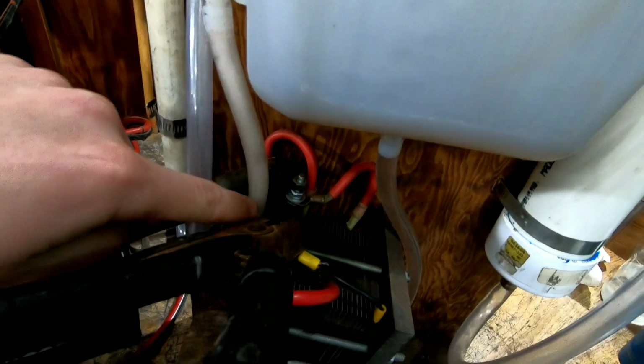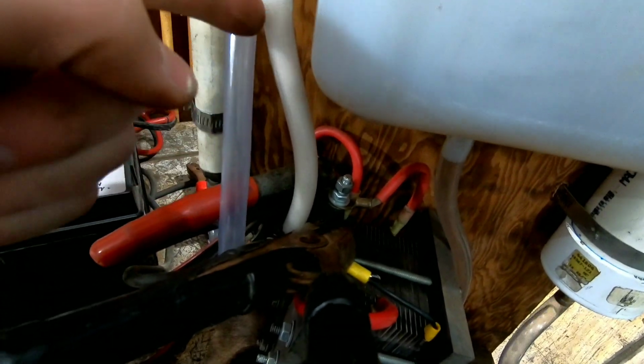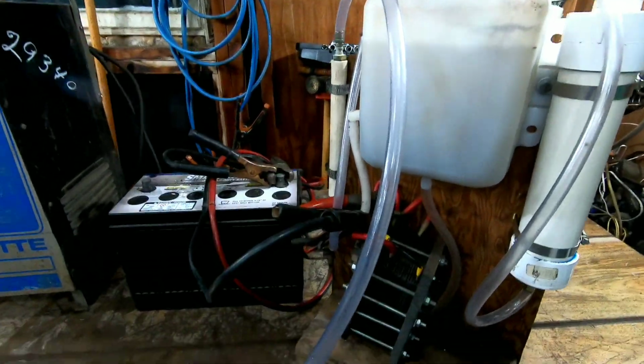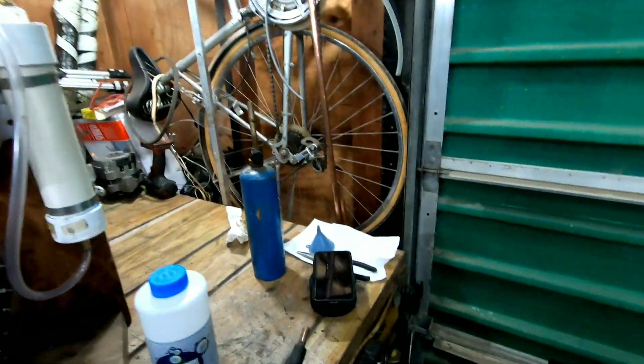So, see the hydrogen and oxygen bubbles are traveling with the water, getting pumped into the reservoir. Then you can kind of see that's liquid water and potassium hydroxide flowing into the bottom of the cell. Then basically it's a self-revolving pump. It's really neat how it works. Then the hydrogen gets dumped in here. You can see it bubbling there. Comes out here. Then you can see it bubbling there a little bit. And if you listen,